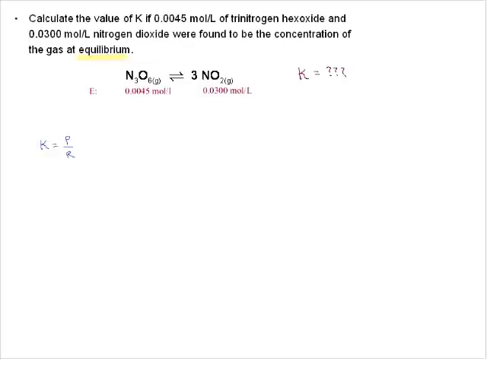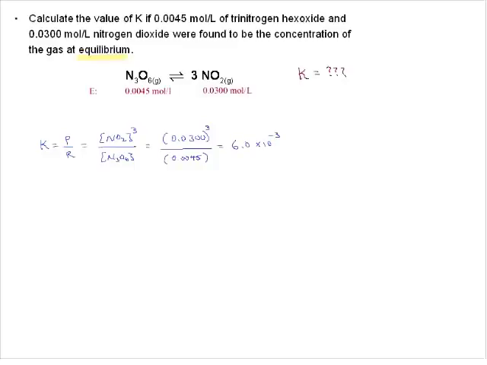And in this case, we have both gases, so we have to use both things. So we would write this as the concentration of NO2 cubed divided by the concentration of N3O6. We would plug our equilibrium values in. There we go. So 0.0300 cubed divided by 0.0045. Careful not to mix up these numbers, products over reactants. Do our math on this with our calculator, and lo and behold, we get 6.03 times 10 to the minus